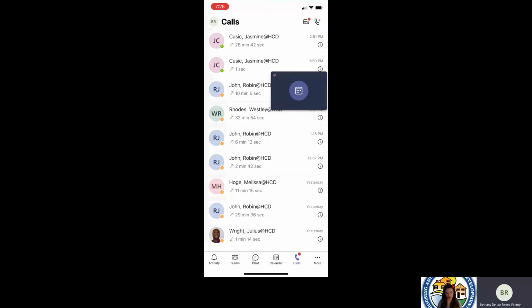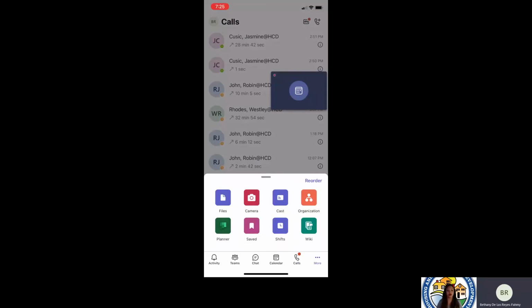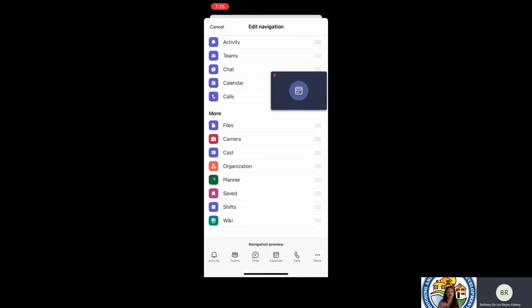Other than that, what I want to share with you is at the very bottom where it says more, we're going to tap there. As I'd mentioned, you can customize Teams however you prefer. So it's not only true for the desktop, but even for your mobile view. So for example, I'm in the reorder section now. My files, cameras, let's say I definitely don't use that. So if I tap on reorder, the word,